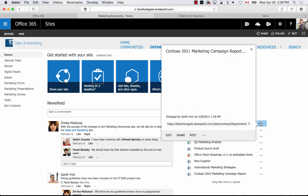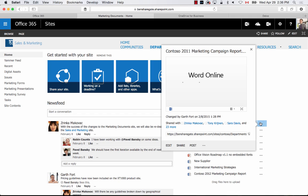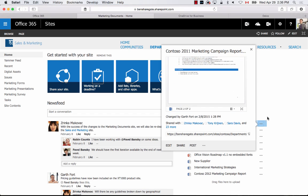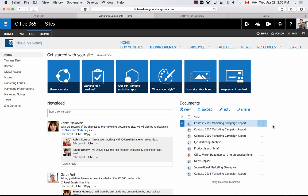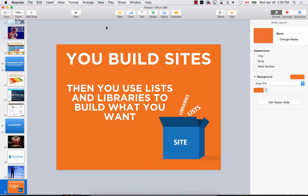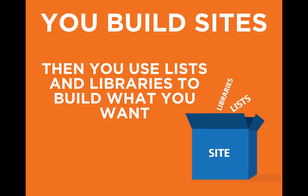And what's really fun, you get that quick preview as well. You can edit from here, but the document library essentially allows you to add metadata to your documents, tag them, and so on. By creating lists and libraries and putting them all together in a site, that's what SharePoint allows you to do. That's what SharePoint gives you. And that's still there in Office 365. That's not gone. That's not somewhere else. That's still